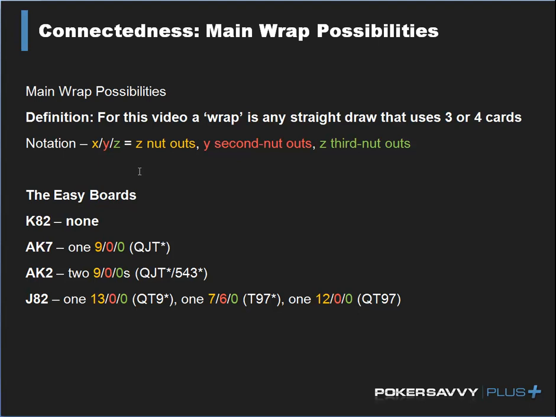So any 2-card straight draw that you can also have in Hold'em, that's a Hold'em straight draw. Any 3-card or 4-card straight draw, that's an Omaha straight draw that is only available in Omaha of these two games that are obviously very closely related to each other. So any time that we're using at least 3 cards from our hand, we're going to call it a wrap, just for simple definition. Introducing this notation